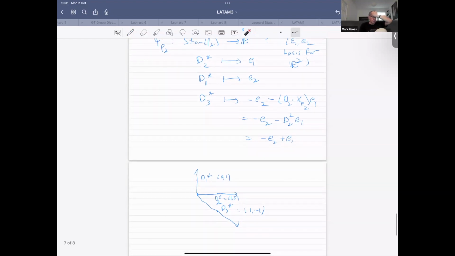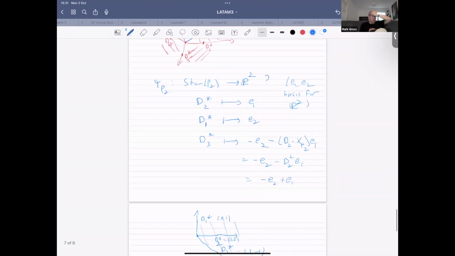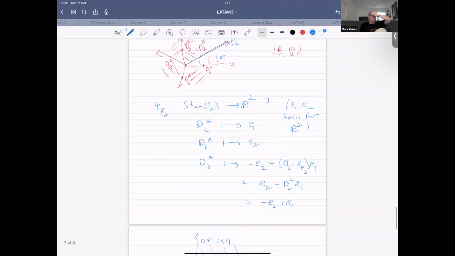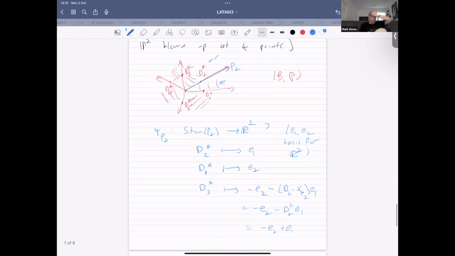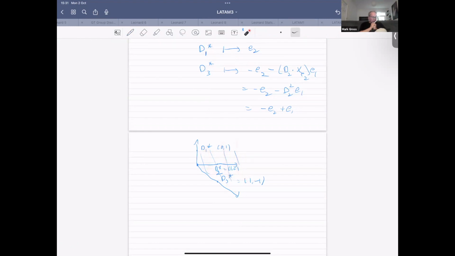So it's identifying the star of D2 star, namely this open set here, with this. Now, if you know any toric geometry, or if you know enough toric geometry to interpret this picture, the crucial point here is that this looks like a toric variety. So this fan defines a toric surface